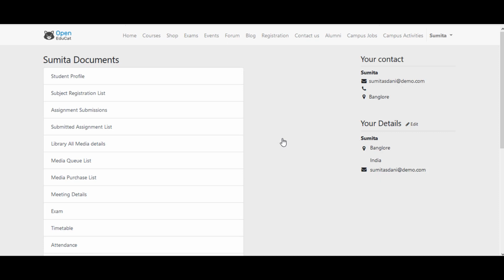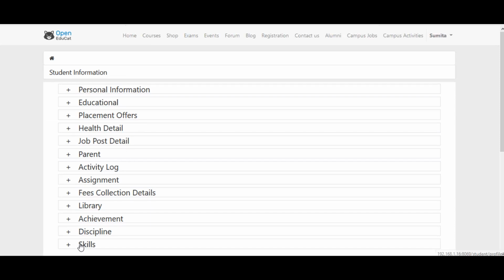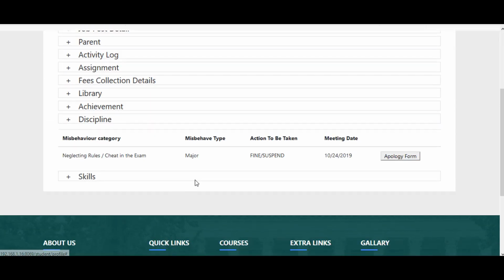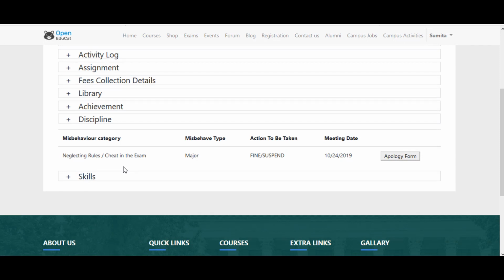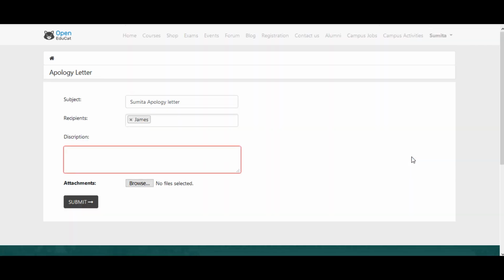Now you can go to the student profile. In the student's login, you can go to the discipline tab there, and you can double check their misbehavior category in the system. You can click on apology form. You can leave any description if you have it.